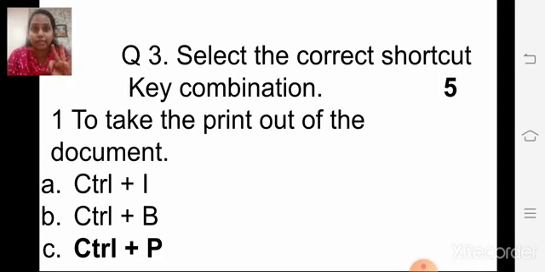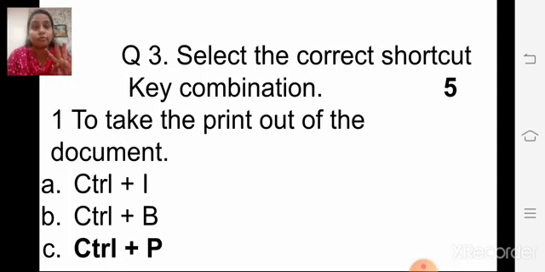See, 3 options are given: Control plus I, Control plus B, and Control plus P. Now, the correct option is Control plus P. C option is the correct one. So, what will you do here? You just tick on the C. Click there on the C option.